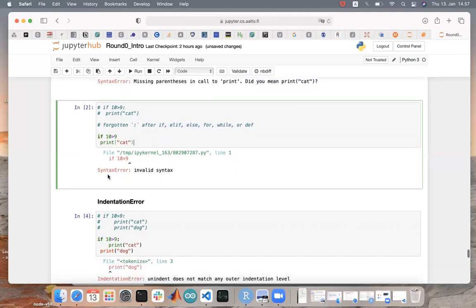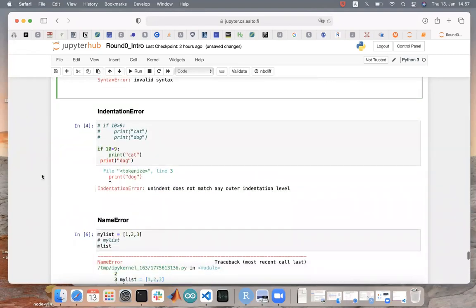And again, Python complains and says that there is a syntax error, invalid syntax. And it actually shows you with this little error in what line there is error. So you can find which line is the problematic. It's very useful when you have a very long code and you are not sure where this error arises from.